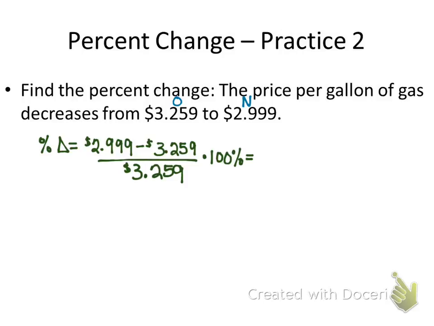Everybody get the calculators in front of you. 2.999 minus 3.259 equals. That's the key thing right there. You have to hit equals. Then hit divide. So the majority of us ended up with this number here. There's a negative